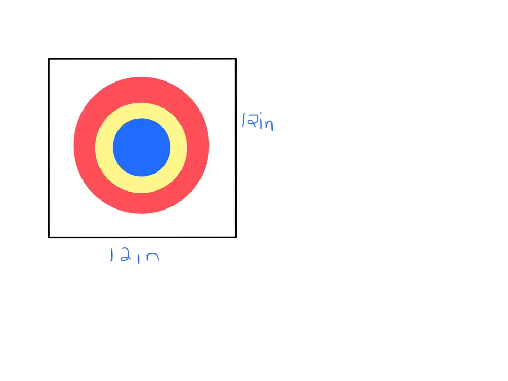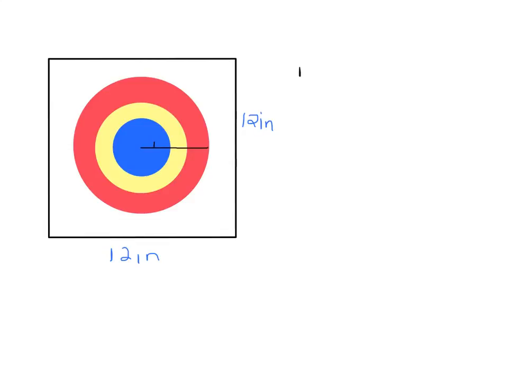These 3 concentric circles, concentric means they all share a center, have radii of 1, 2, and 3 inches respectively. So that means the blue circle has a radius of 1 inch, the yellow has 2 inches, and then the red has 3 inches. I'm going to clean this up just so it doesn't look so messy. So the blue is the smallest, and each one is 1 inch bigger. Okay, so the first thing we have to do is find the probability that we would land inside the blue